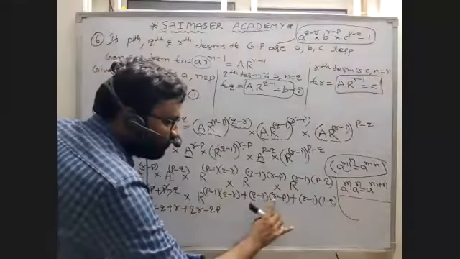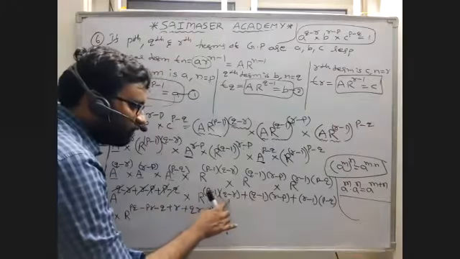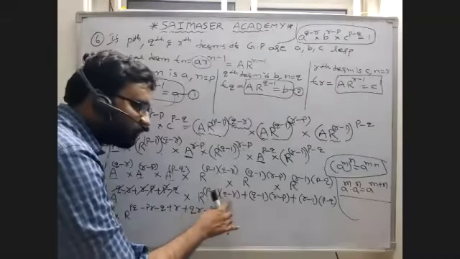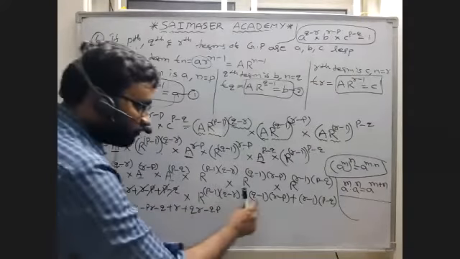Next, with q, you have to multiply these two. With minus 1, you have to multiply these two. Same here also: with p, we should multiply with these two. With minus 1, we have to multiply with these two. So two times two is 4 terms: 1, 2, 3, 4. Again two times two is 4 terms.